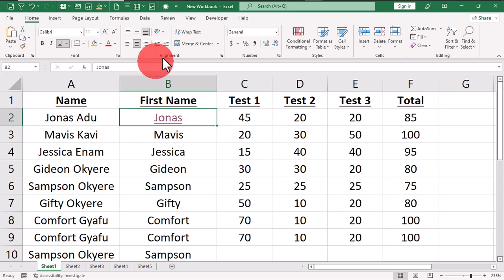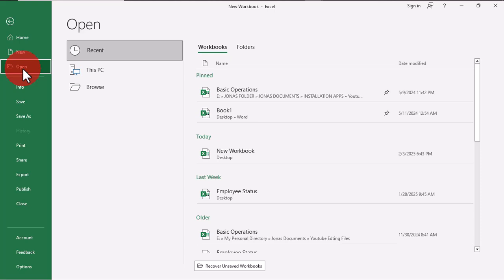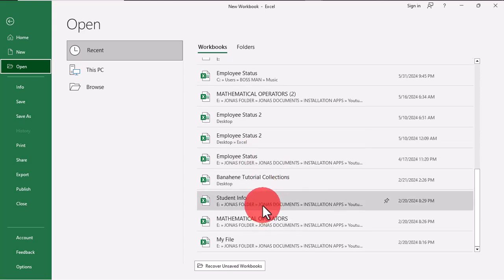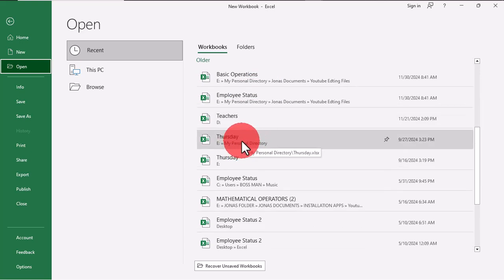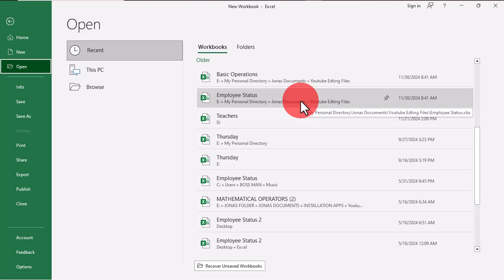We have this workbook open, and let's assume that we have other existing workbooks on our desktop, we can use Ctrl+O on the keyboard, and this is going to get us straight to the backstage view where we have the open command selected, and we have all these existing workbooks, because when you click on this workbooks tab, we have all these existing workbooks. And if you want to work with any of these workbooks that we have in Microsoft Excel, you place your mouse pointer on it and click, and that is going to open this perfectly on your desktop background. To get back to your front stage view of Microsoft Excel, you can press the escape key or click on